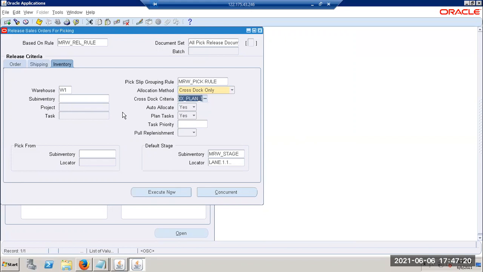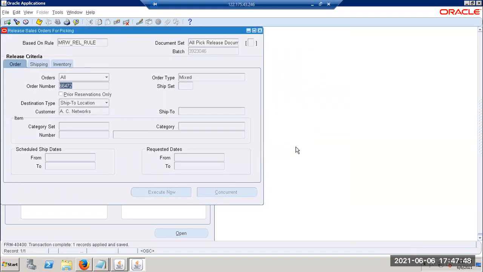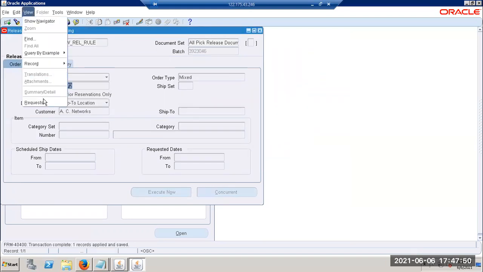Okay. I think perfect. Just again click on the concurrent. Yeah, click on concurrent. The concurrent is there, no? Oh, concurrent. Okay. So this is okay. MRW stage is okay, right? It is fine. See here, this is only the difference. We are trying to do the allocation based on cross-dock. Yep.